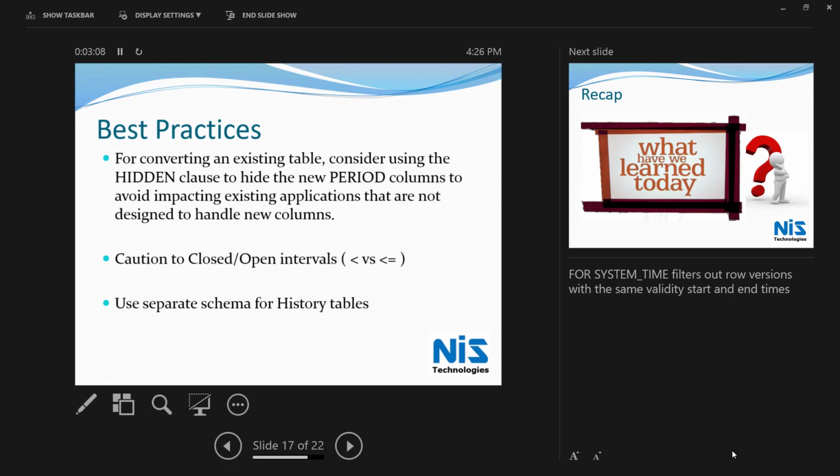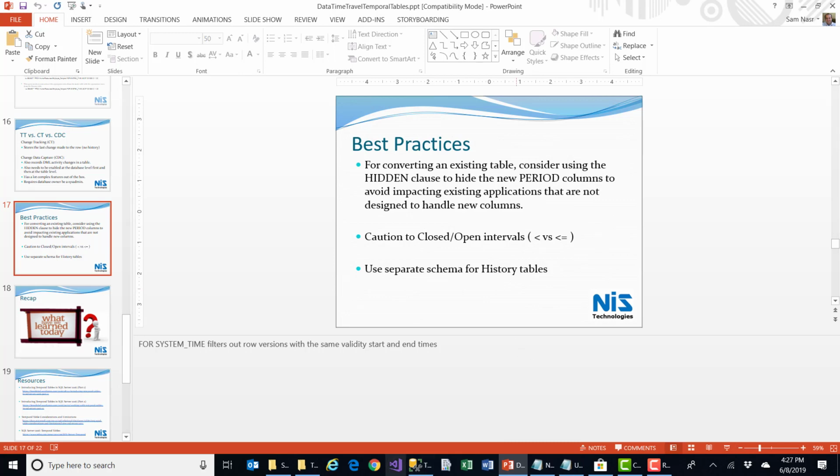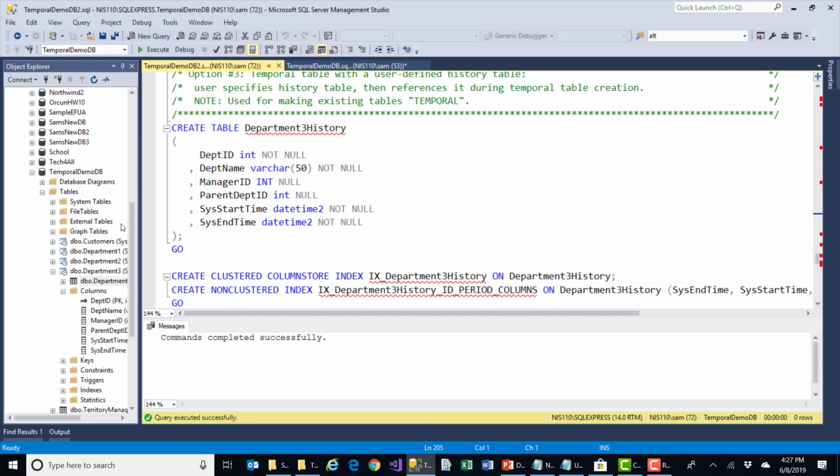And you can tell where it is by looking at properties? You can specify the schema name in there, yes. But if you don't know where it is, and you're looking at the properties, or dependencies, will it tell you where it's at? Yes, it will tell you where it's at. It'll be stated there. Can you right mouse click and script to query window your primary table? Does it then show the history as part of it? Yes, and